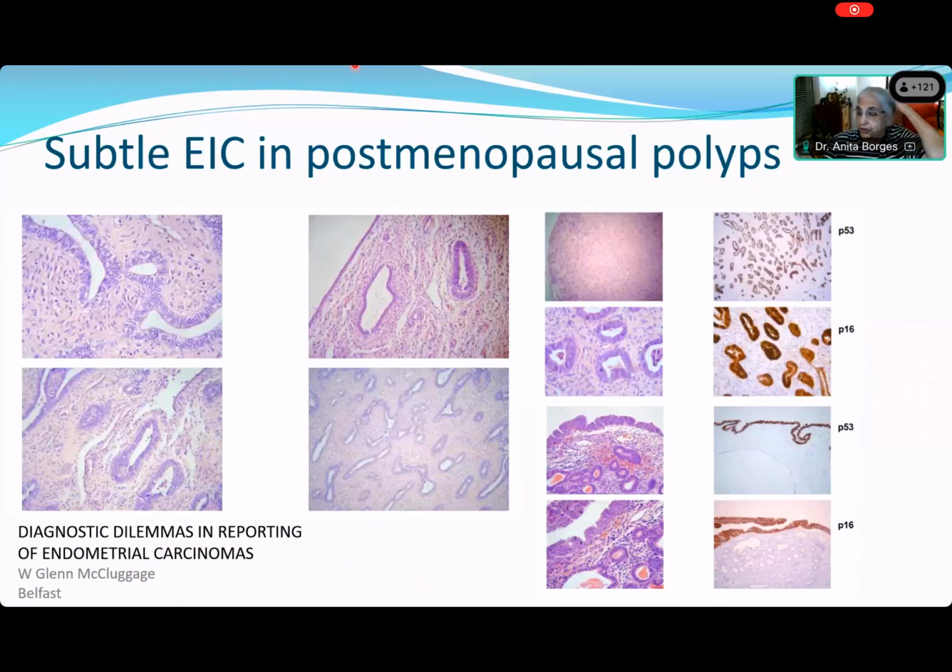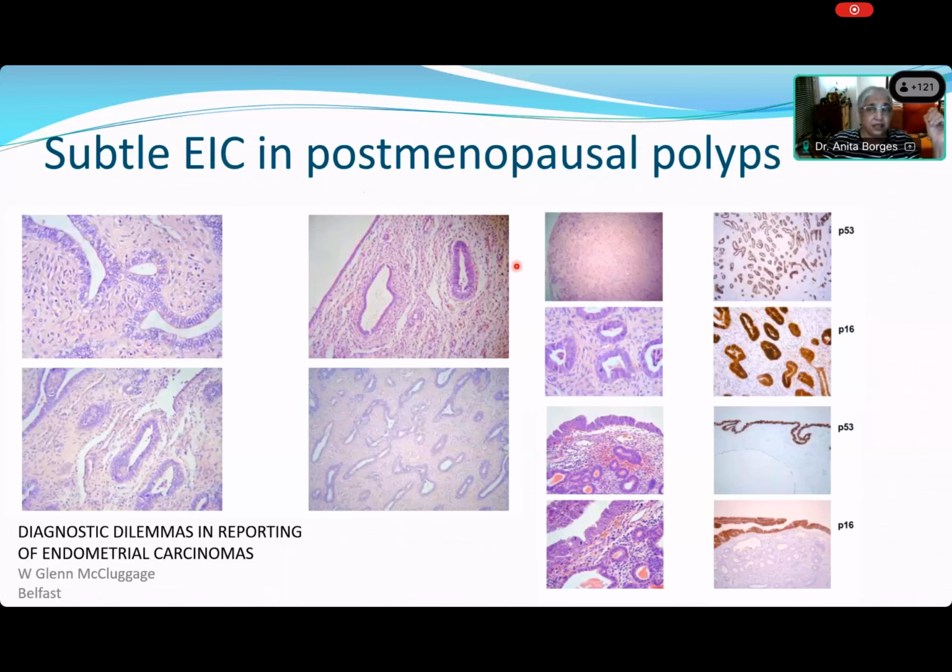Now this may not be very important for postgraduates, but for those who are practicing, you can see another form of endometrial in situ carcinoma. We talked about endometrial intraepithelial neoplasia. That is an estrogen derived phenomenon. Over here, this is another term, and this is not EIN, this is EIC, and this is called endometrial in situ carcinoma. The endometrium looks fairly normal. You see some atypia in the glands, okay?